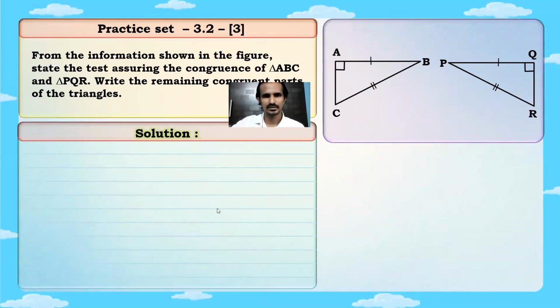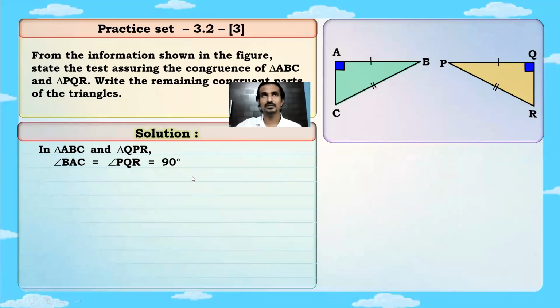And triangle PQR. Okay, Kanish, can you please repeat? Angle A congruent to angle Q is equal to, in triangle ABC and triangle PQR, angle A is equals to angle Q is equals to 90 degree. Very good. Side AB is hypotenuse. Side AB is congruent to side QP. Hypotenuse CB congruent to hypotenuse RP, given. Okay. And triangle ABC is congruent to triangle PQR by hypotenuse side test.